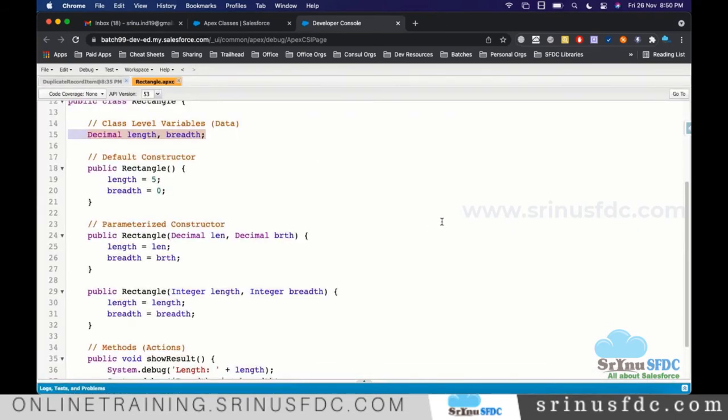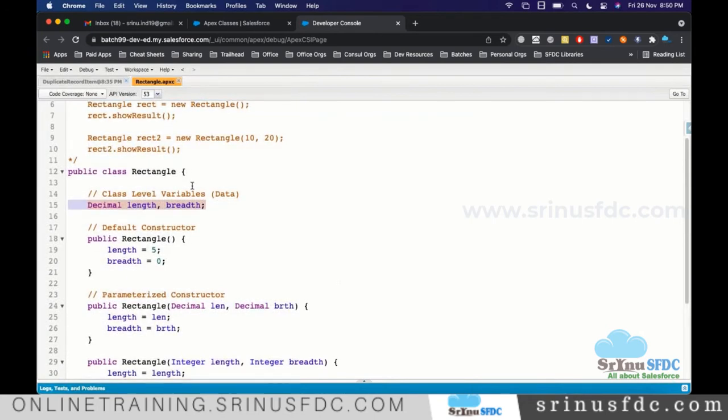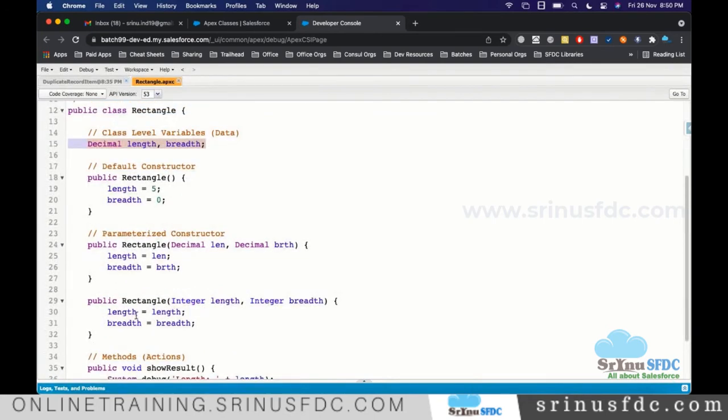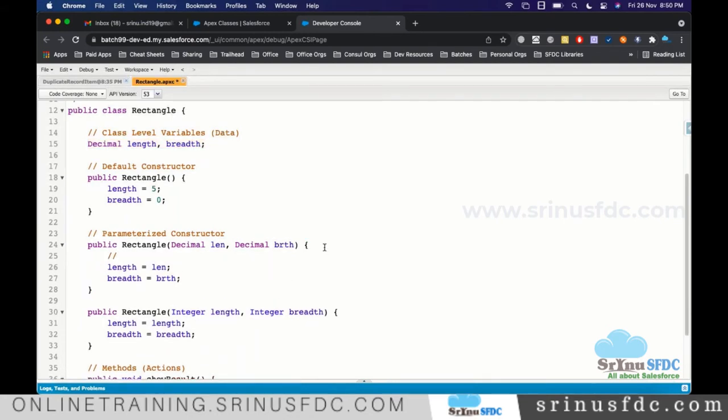So now I want to bring this class level variable into visibility. When you have a class level variable and a local variable with the same name, the system gives more priority to the local variable. That concept, technically, we call name shadowing.